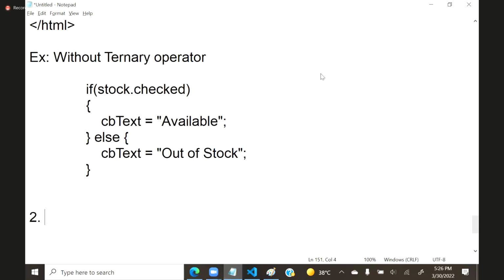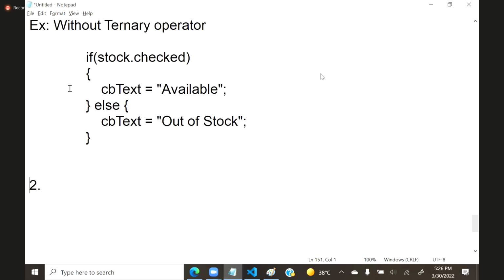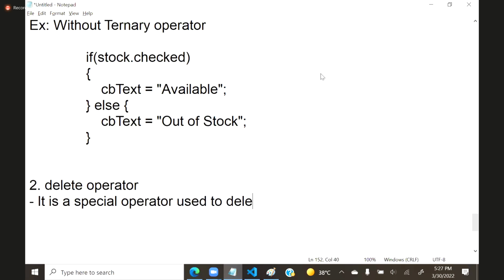Next important in the special operators, we have the delete operator. Already we learned about it; in the map concept, I told you. Delete operator. It is a special operator used to delete